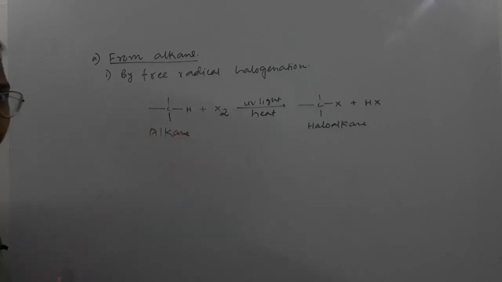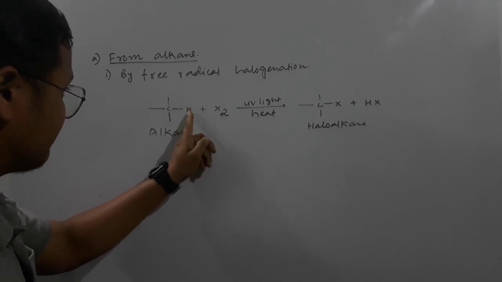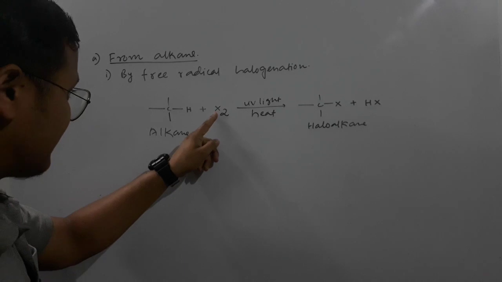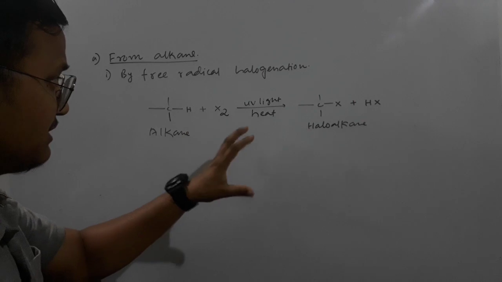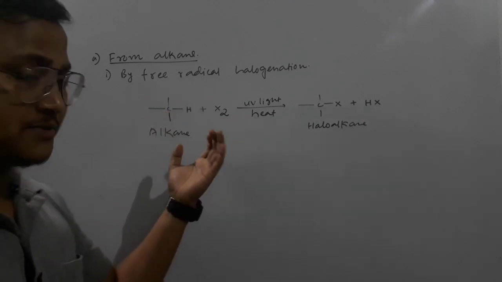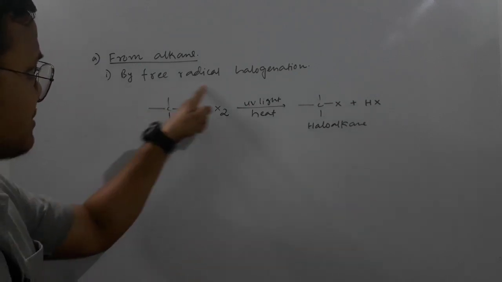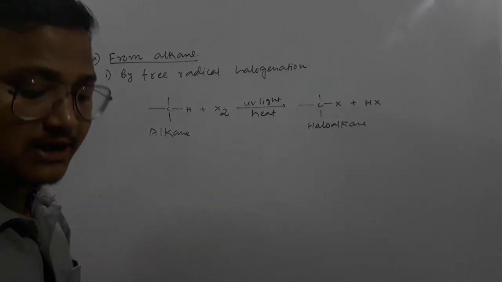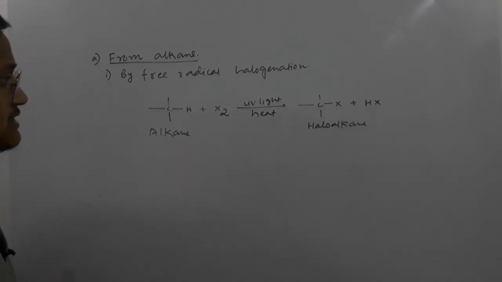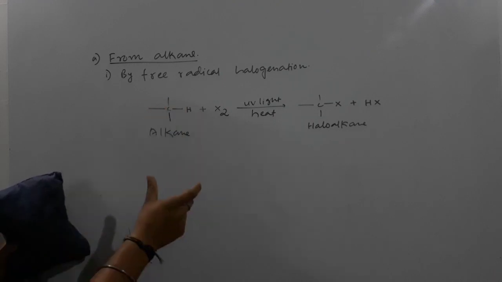Look, it seems to be very simple, right? We are providing one halogen from this X2 to this carbon, meaning we are replacing this hydrogen. It seems to be easy, but if you look at the mechanistic part of this particular reaction, it involves different steps, because it is free radical halogenation, so we have to look at the free radical mechanism. Clear, guys? So let's go after the mechanism of how this reaction takes place. This is the reaction, try to remember it. I will provide some examples, then we will clarify more things there.